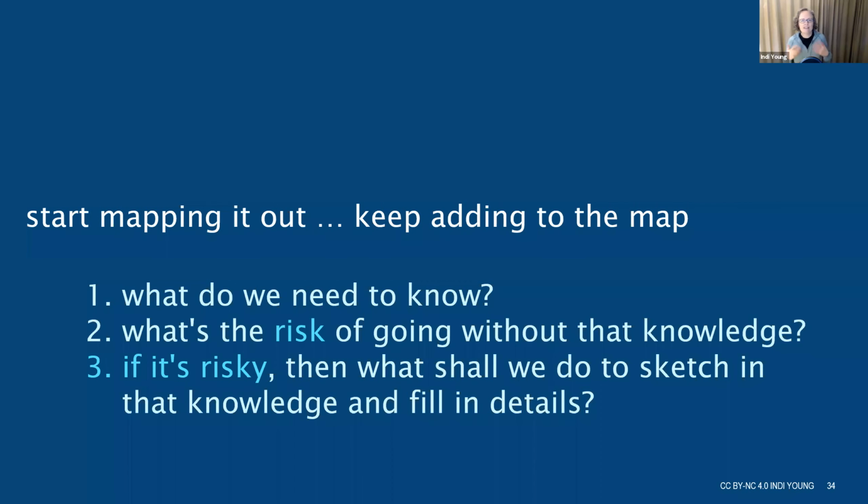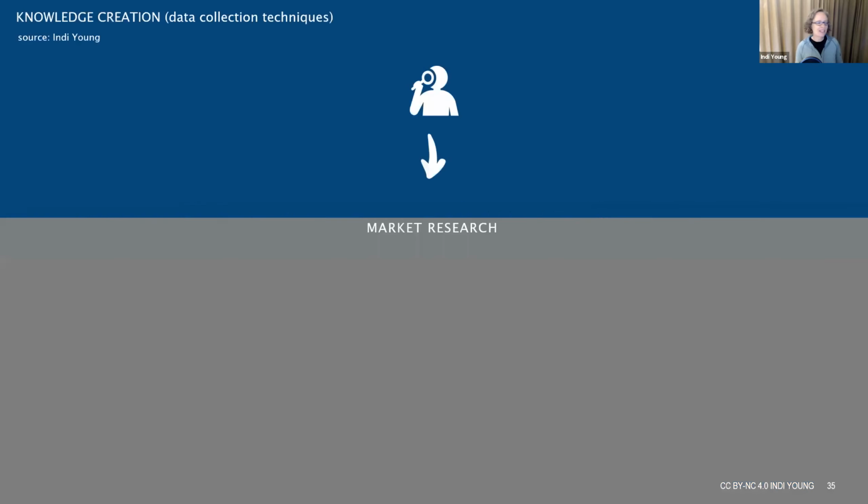So this idea of mapping it out, starting to map it out, it's foggy. You can start sketching things. You know where you are now pretty well, but you might be unaware of some different thinking styles. And let's ask ourselves, hey, what is it that we don't see right now? What do we need to know? And how risky is it that we don't know that? If it's not risky, we don't need to go find out more about it. But if it's risky at all, and you get to define risk, then you get to ask yourselves, well, what are we going to do to try to build that knowledge? Which is a great segue